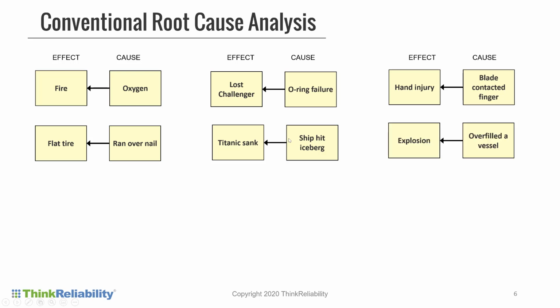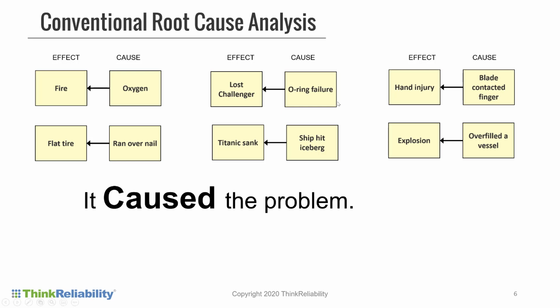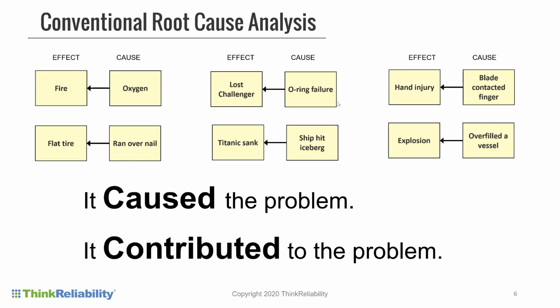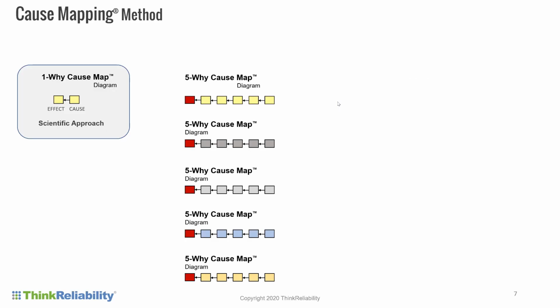And you can go through a variety of incidents where they're naturally explained with a single cause, or it's attributed to a single cause. And there's just huge confusion between whether something caused the problem or whether it contributed to the problem. So you have to challenge the language in your organization to say, what really are the definitions that our organization is using? Did we make them up, or are those actually the definitions of the word? And you can see from this fire triangle example, it creates a fair amount of confusion when you apply the definitions that many organizations use.